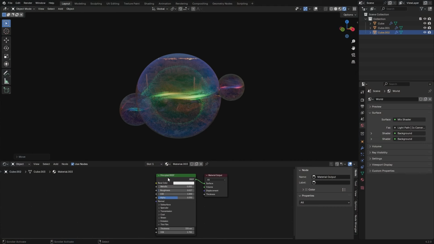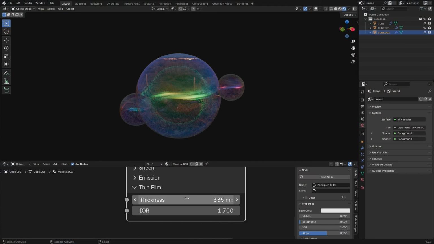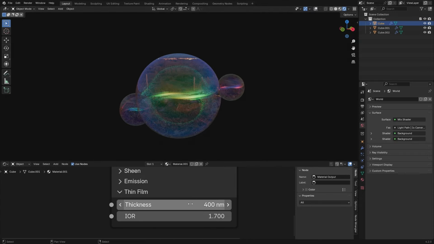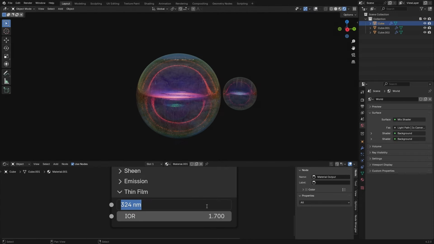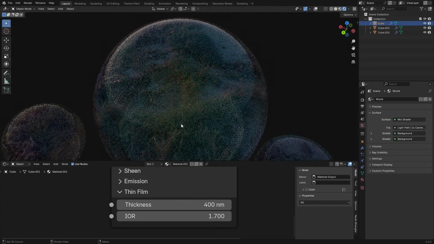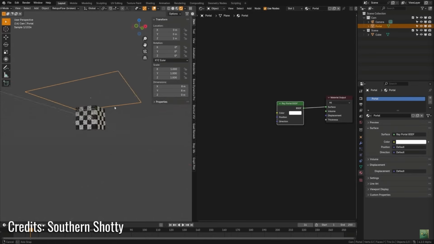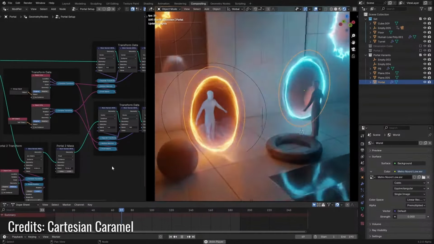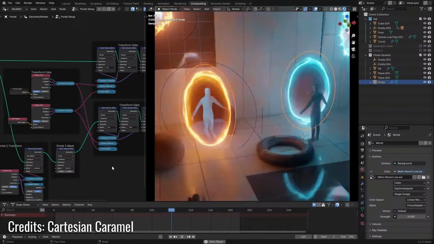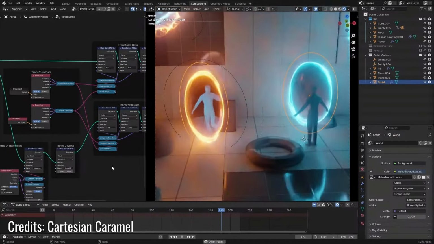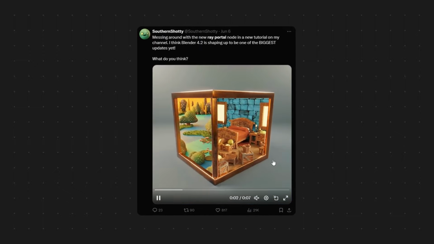Cycles wasn't overlooked in this update either. One of the standout improvements is the update to the Principled shader, which now includes the thin film interference effect. This allows you to recreate effects like soap bubbles or oil on water. Additionally, a new ray portal BSDF node has been introduced. This powerful feature transports rays entering the node to another location in the scene, which can be used to render